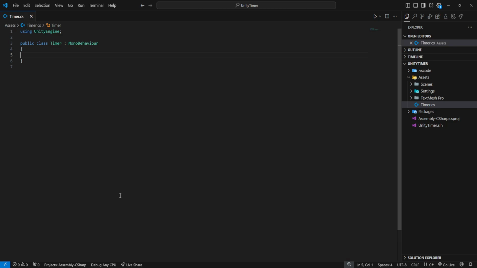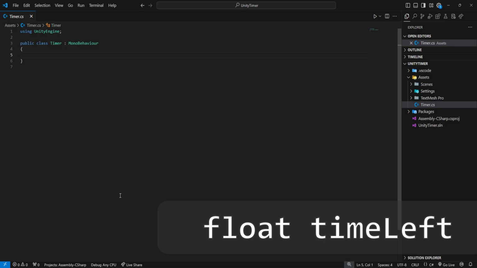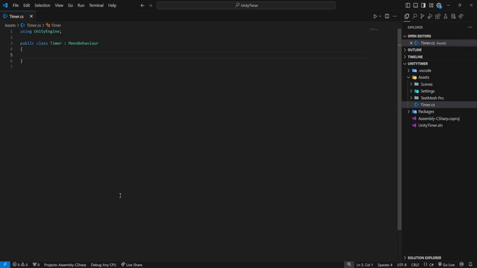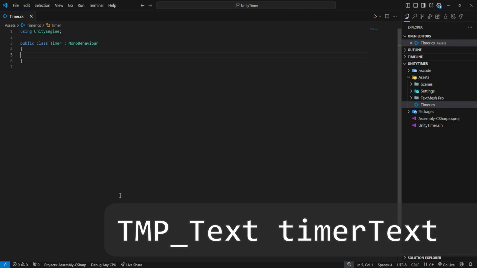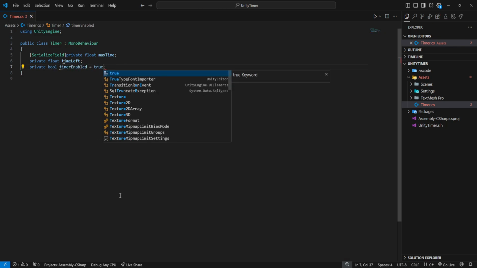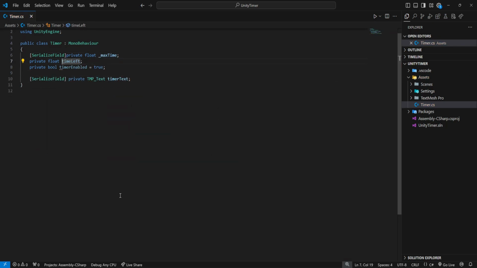Then we'll need another float variable called time left that keeps track of the current time. Then we're going to need a bool variable that is going to keep track of whether the timer is active or not. And finally, we're going to need a reference to the TextMesh Pro text game object in the scene. So let's create those variables first. I'm done with the variables now, and now we're gonna create the start function where we initialize the time